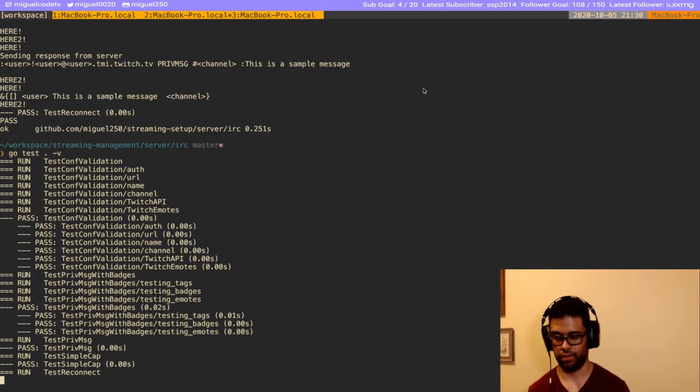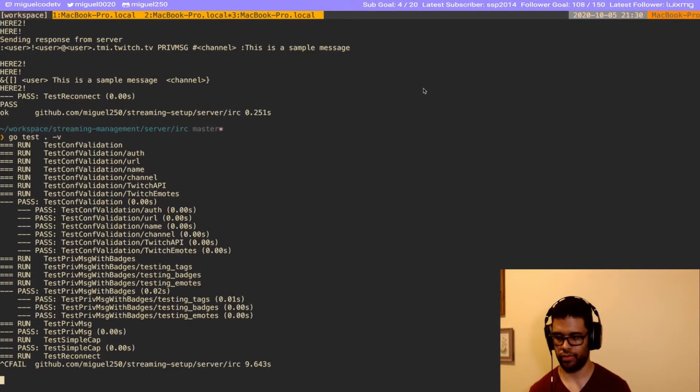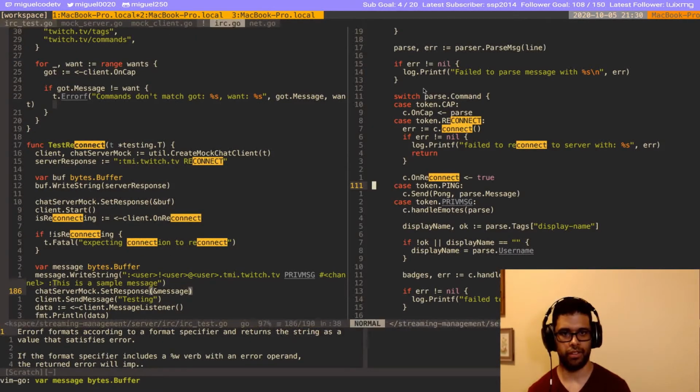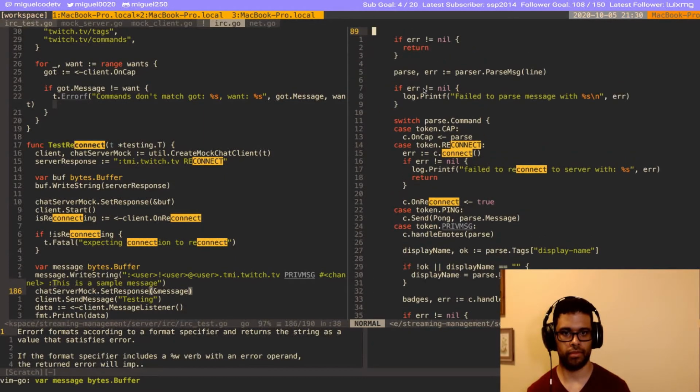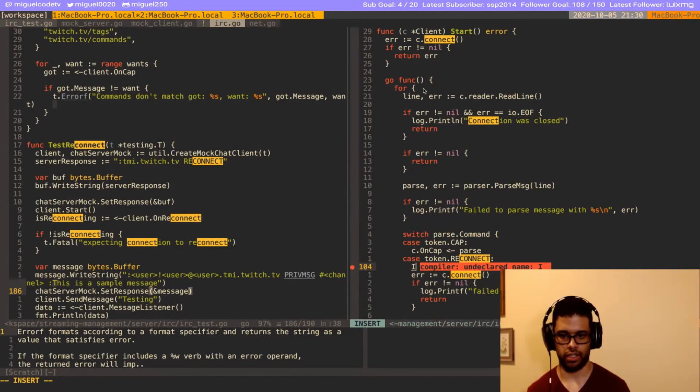Or not. So wonder which one's, okay. Okay, so I think the reconnecting is failing. Why is it failing? Let's see if it's failing here.